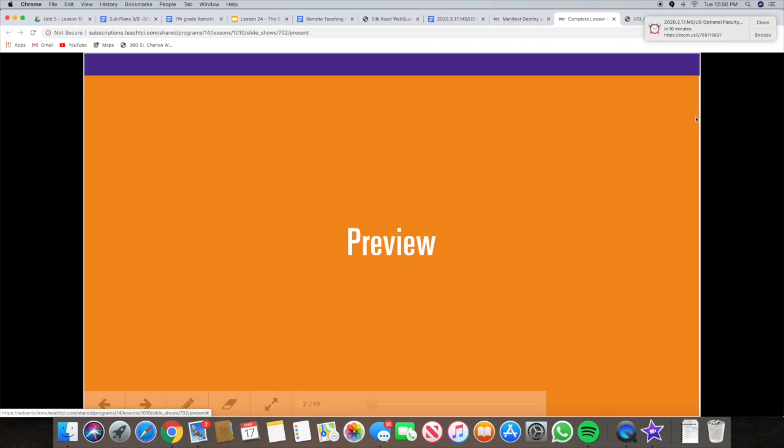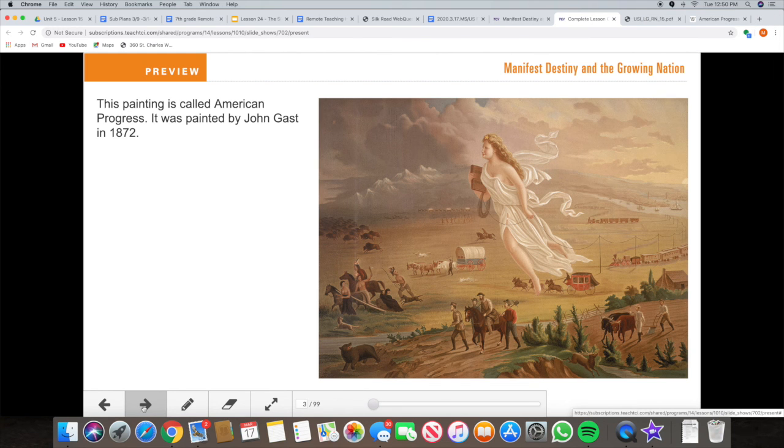The first thing you will need is your interactive notebook. We're on page 141, in the preview section. In your notebook, probably below your vocabulary, go ahead and write the title, Lesson 15, Preview. Once you have that title, you see in your interactive notebook on page 141 that